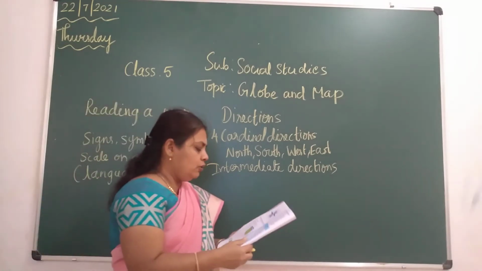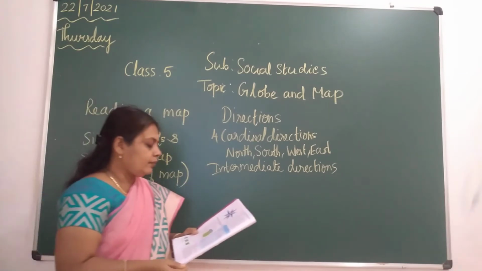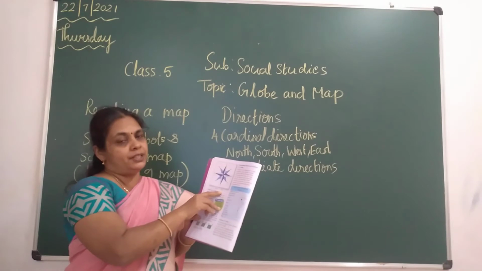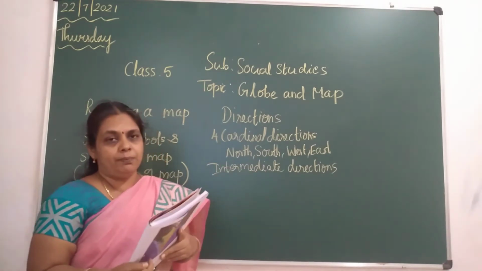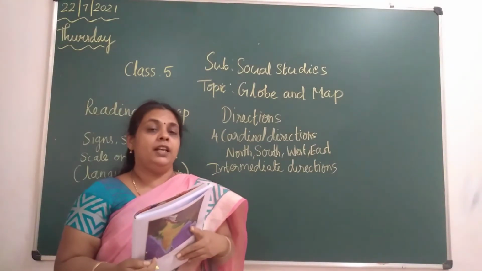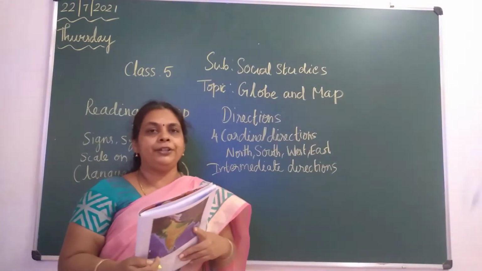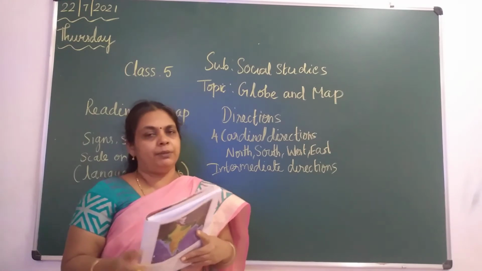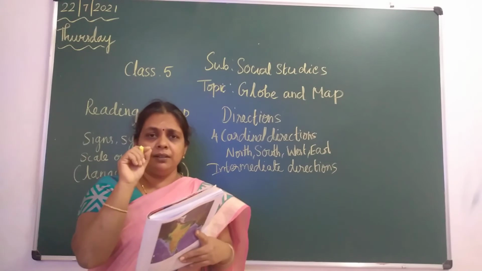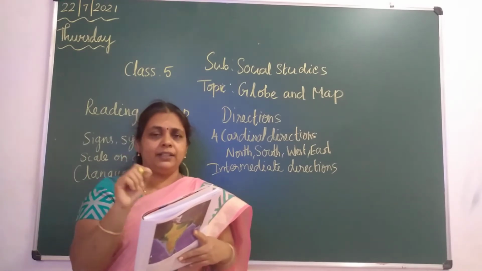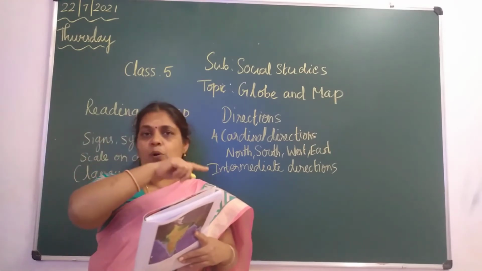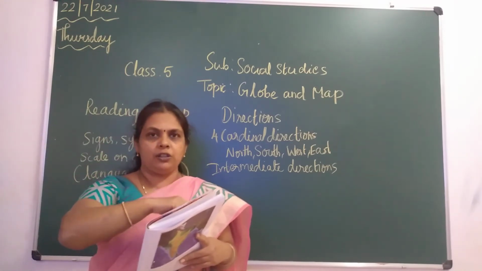Now here in this book it is the direction of a compass, children. You could have seen a compass picture. The needle on that compass will always point towards north, children, because there is a magnet in the compass. They have kept a small magnet in there. So what will happen? One point of the needle always points towards the north, children.